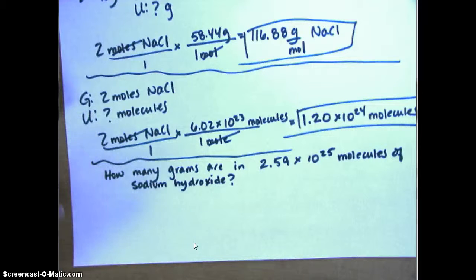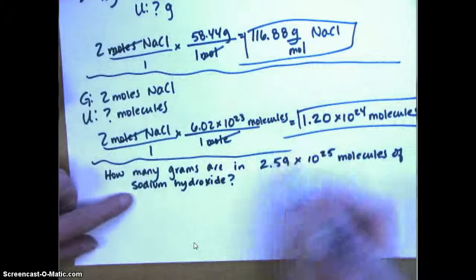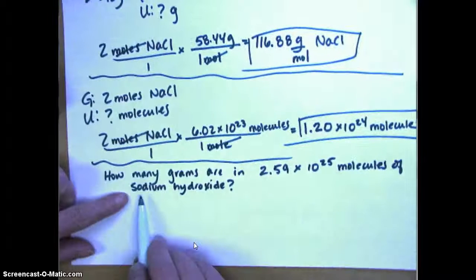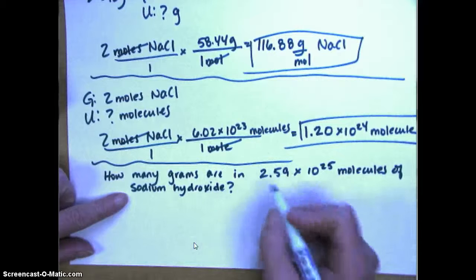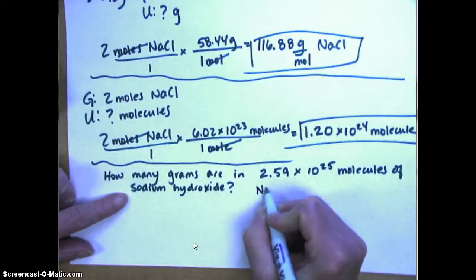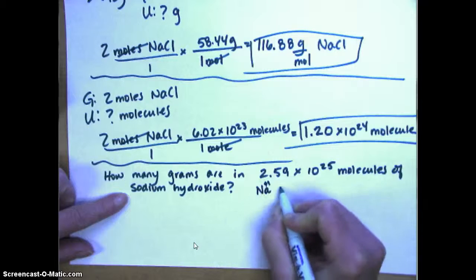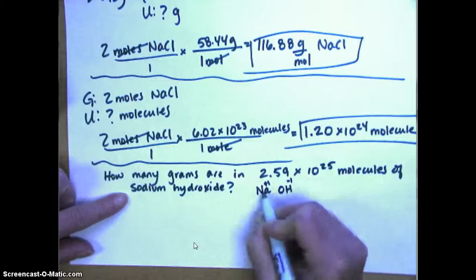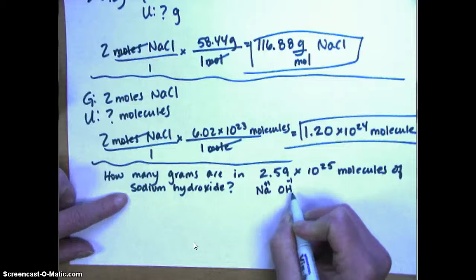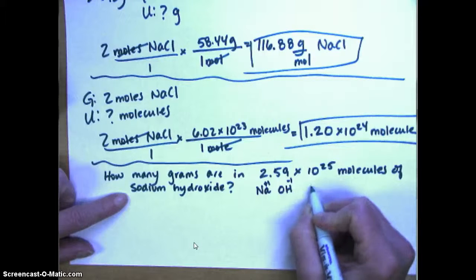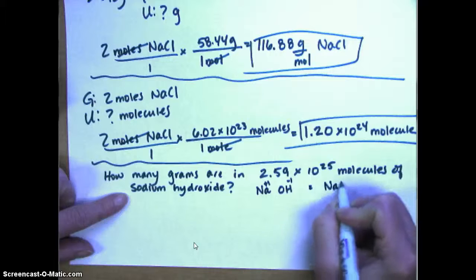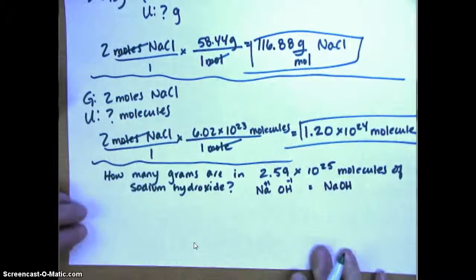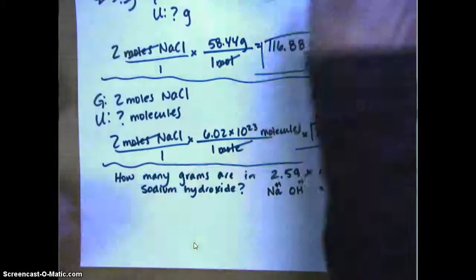Well, naming rules, of course, are going to follow us for the rest of our experience in chemistry. So the first thing you need to do is figure out what is the chemical formula for sodium hydroxide. You know that sodium, being an alkali metal, has a +1 charge, hydroxide a -1. So you will need 1 sodium for each hydroxide, and it's going to be NaOH. So looking at our handy dandy chart here,